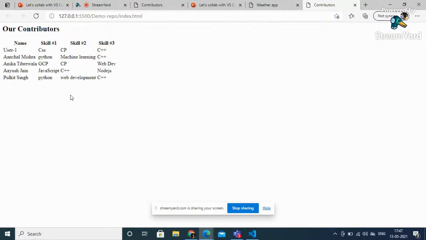So when you open this with live server, you will actually see that this looks pretty standard. I mean, this doesn't look cool, right? We have not added any kind of CSS to it. So now what I'll do is I'll share my screen again and I'll show you